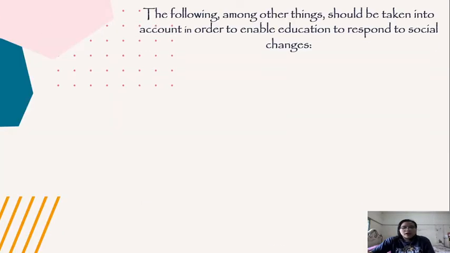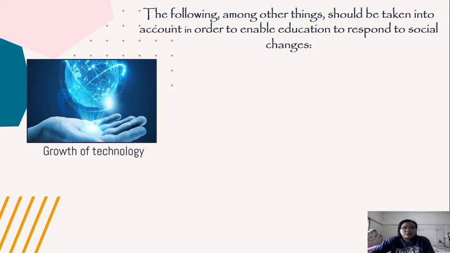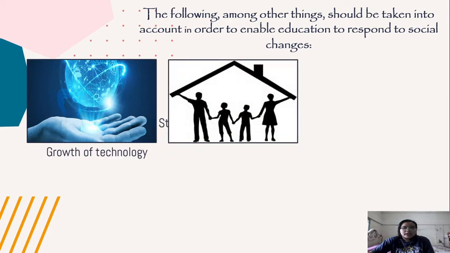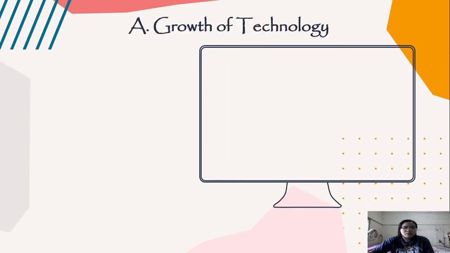Here are the factors to be considered in order to enable education to respond, adapt, and plan to social changes. First, we have the growth of technology. Next, we have the structure of the family. And lastly, we have the cultural diversity. So for the discussion about the growth of technology,